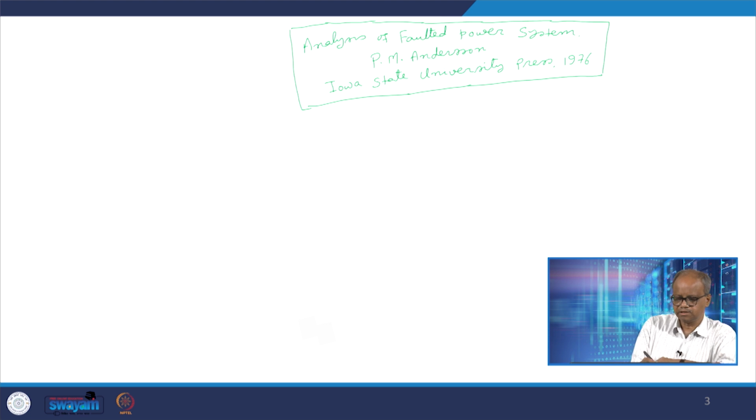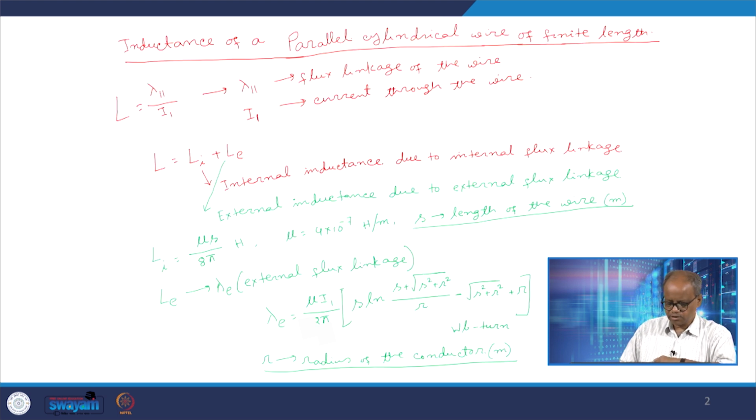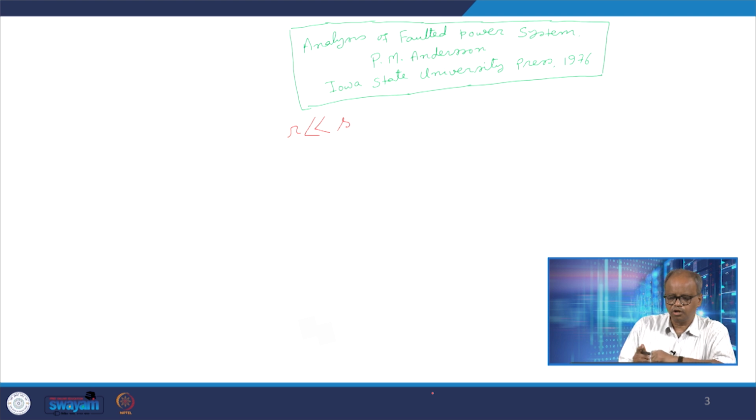Now, what happens? Usually R is very much less as compared to S. So, if we look at this expression, R is negligible, so only root over S square will be there, and root over S square is nothing but S. So, it is S plus S, 2S by R, of course, we cannot neglect that. And here S square plus R square would be approximately equal to root over S square, that is S, and this R is negligible. So, this entire expression will be reducing to, we can write lambda E as mu I1 by 8 pi S log twice S by R minus S,